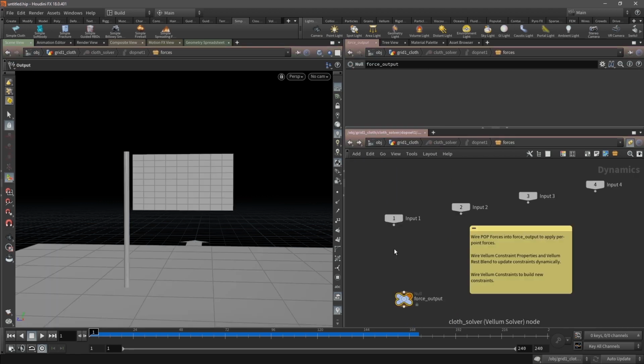if I double click on it, I go into an area that's more than one layer deep. Actually, I've gone 3 layers deep into the network, into this little box called forces. Now this forces network is part of the Houdini digital asset,